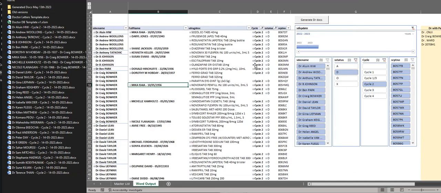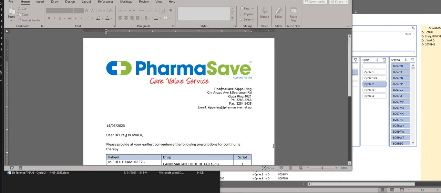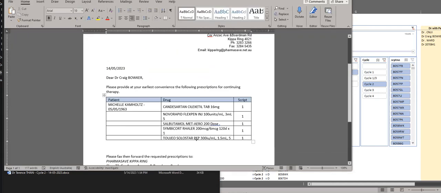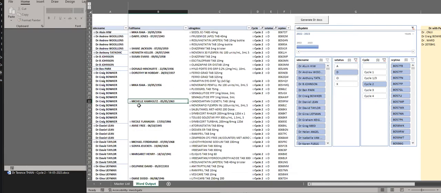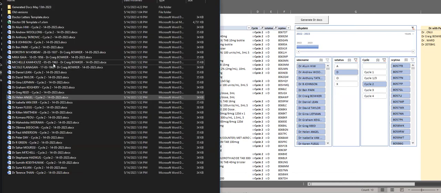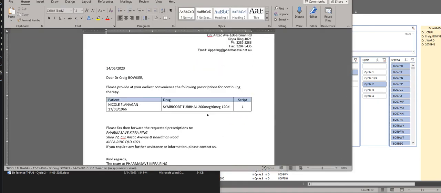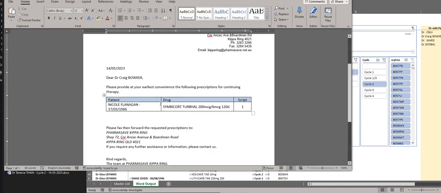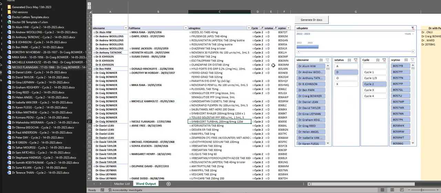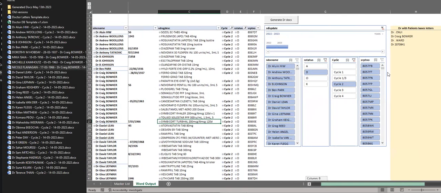Let's open the third one. There it is. And this one has one, two, three, four, five. Yep, we have five drugs in this one. And finally, Nicole, only one drug with it. Yep, only one drug in this one, and the name of the drug is Sandicone. Okay, so it seems that the data is okay,